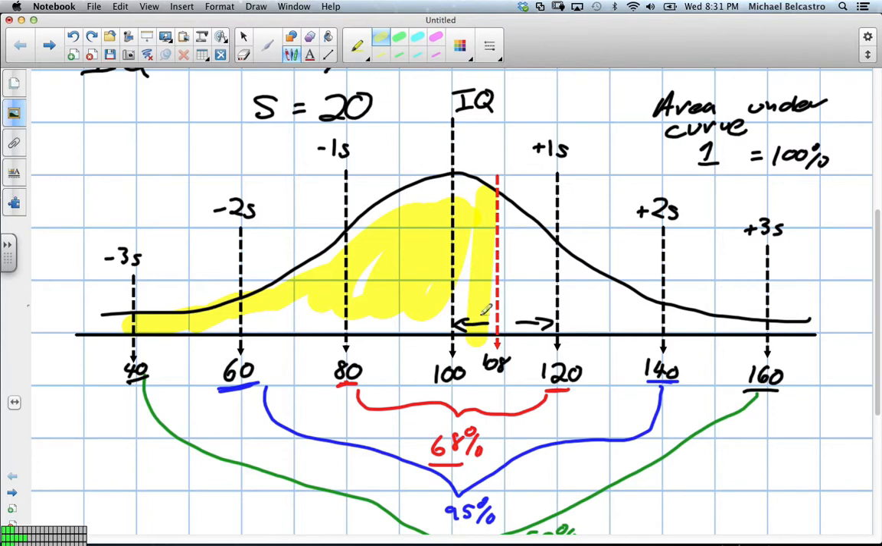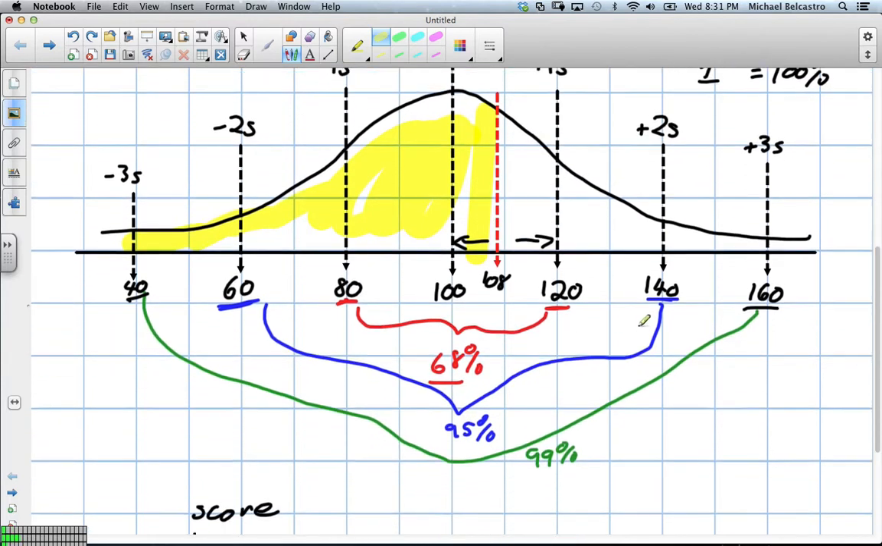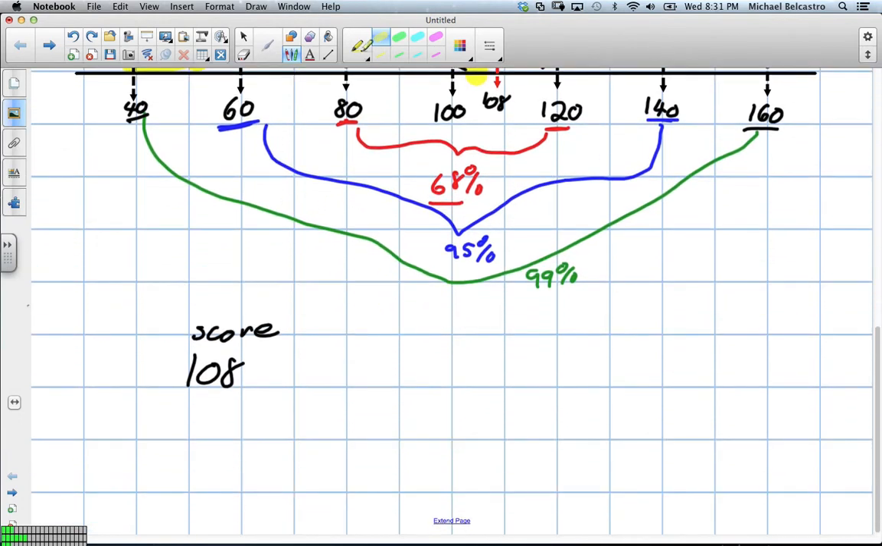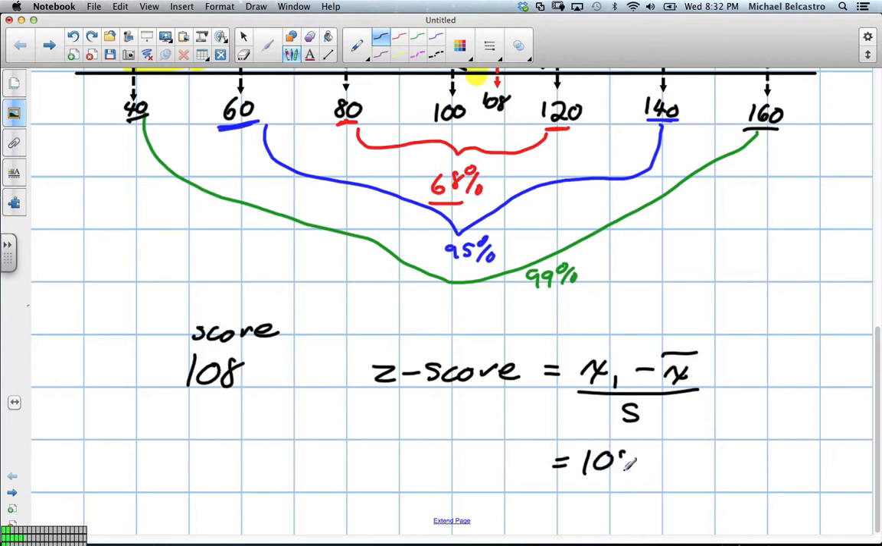So let's figure out how much of the population is to the left of you. Well, in order to do this, we have to calculate your z-score. Okay, so your score is that. The formula for your z-score is your data minus the mean divided by the standard deviation. Well, our data was 108. Our mean was 100. And our standard deviation was,